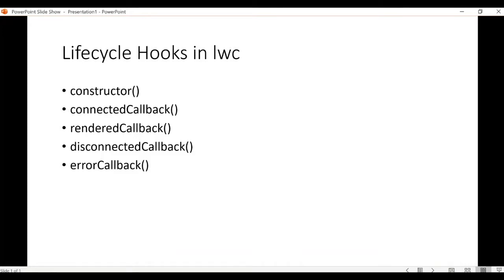So we need to handle it if we want to avoid that kind of recursive nature, or if we want to skip further element insertions and invocations. Rendered callback is executed when the component is rendered in the DOM. Disconnected callback is the reverse of connected callback, called when the component is removed from the DOM, and error callback is to capture all errors from the descendant component tree.